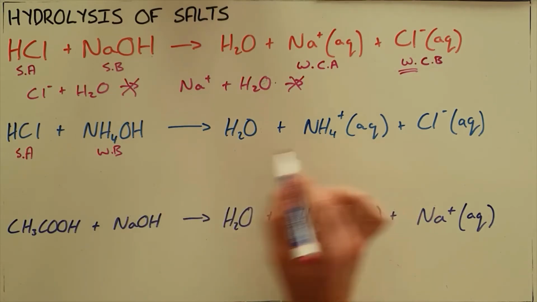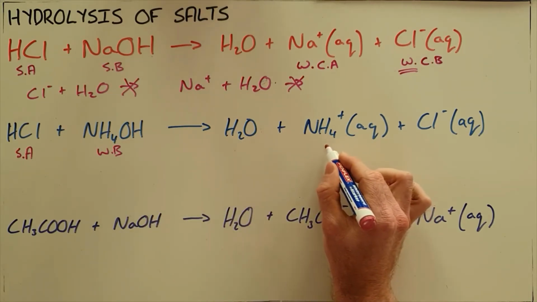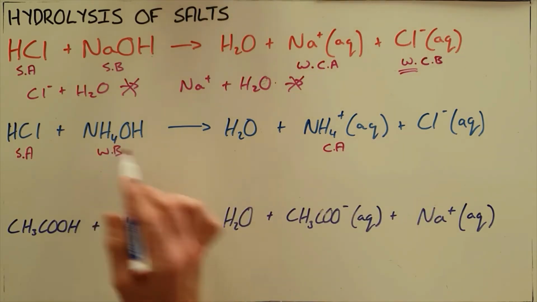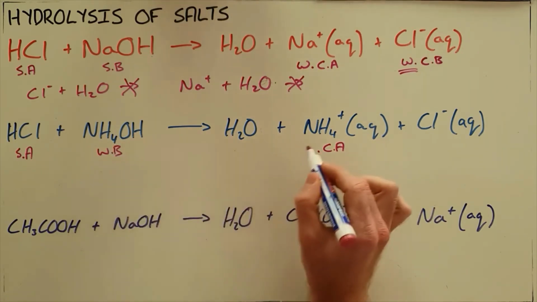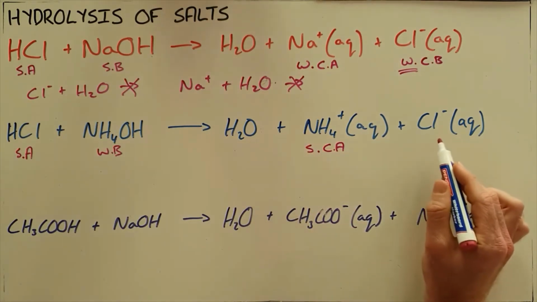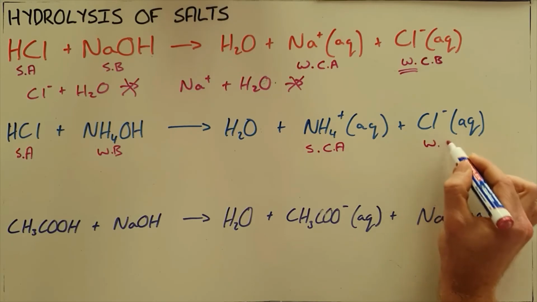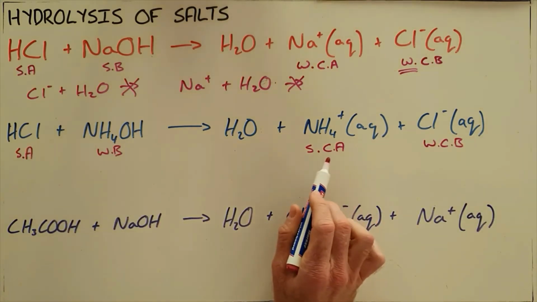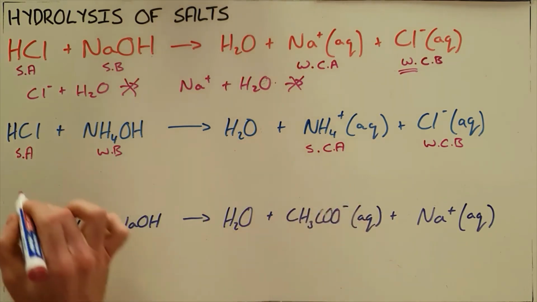The ammonium is the conjugate acid for this ammonium hydroxide base, and since it is a weak base, that must mean that it is a strong conjugate acid. Once again, the chloride is our weak conjugate base for the hydrochloric acid. So the only new substance here is the ammonium